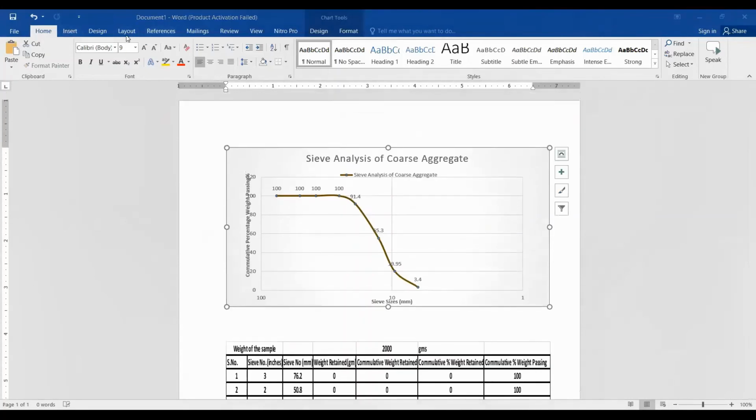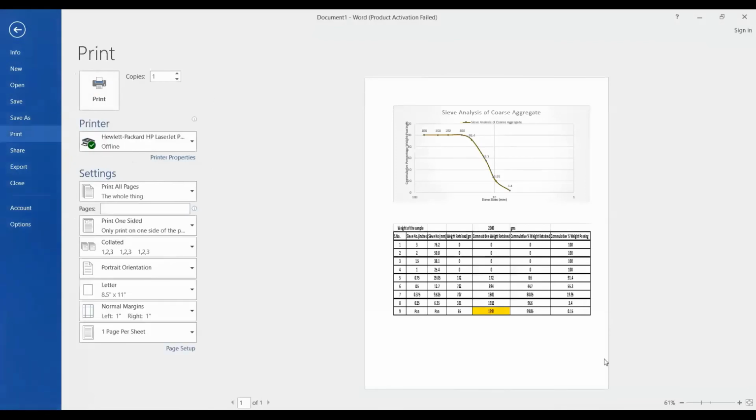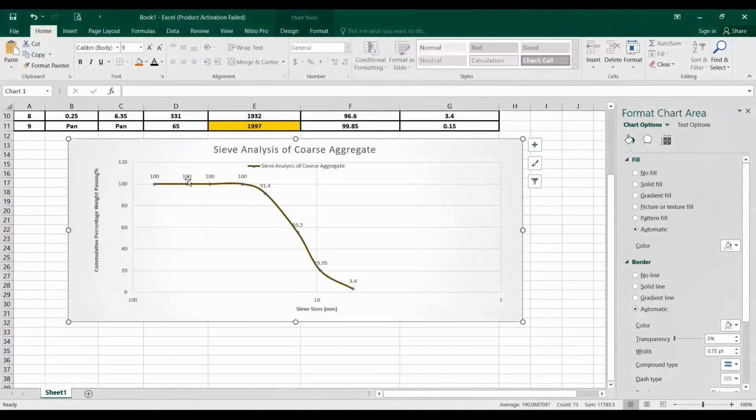So let me go into the File and Print option and check how the print is coming. So you can see the picture is coming so much better, and you are seeing more space at the bottom, so you can arrange it yourself. It's quite easy on MS Word. I will tell you here that you can also do it in MS Excel as well, but I will tell you later on, because it is easier for you to get the printout this way.